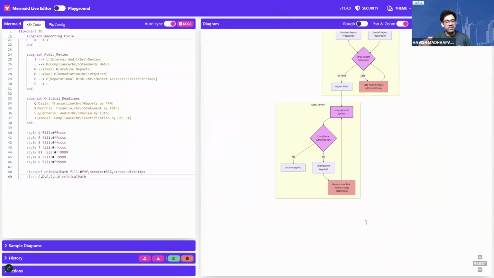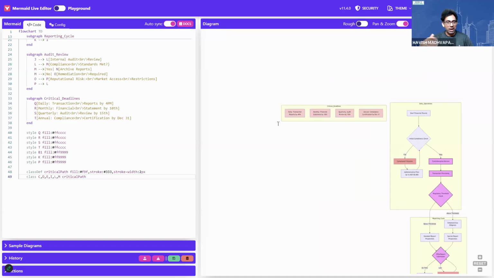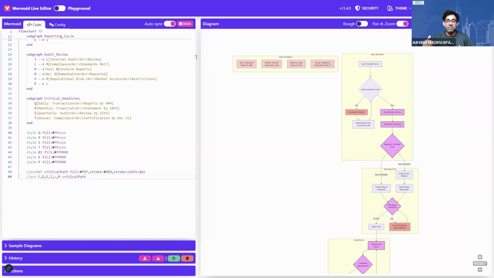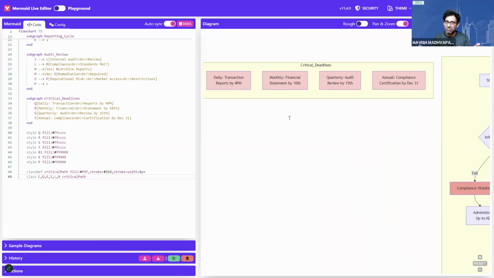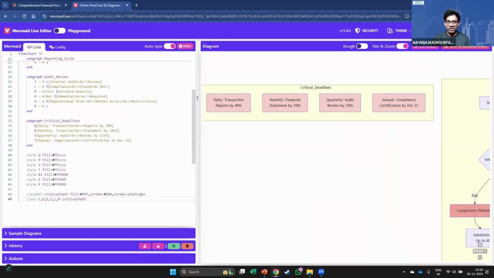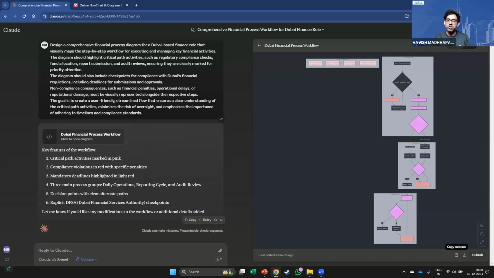So it's beautiful that it's not just creating an outline for me, but it is also able to annotate for me what the deadlines are, what is the timeline we need to follow. And if you already have these points with you, you can upload that as a supporting document to Claude. Either you can paste the text or you can also upload like a Word document or a PDF, and it can understand your timeline from your document and then customize it for you, right?